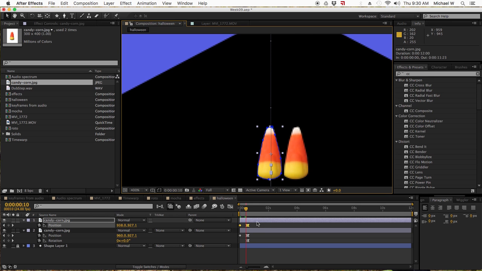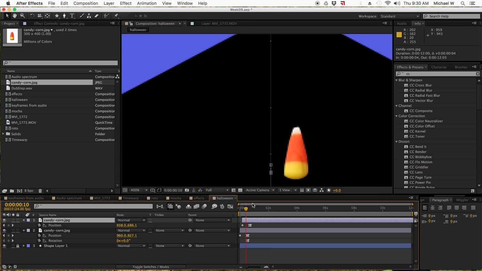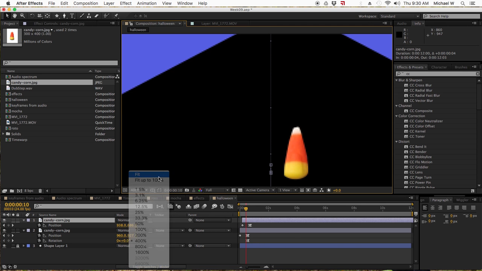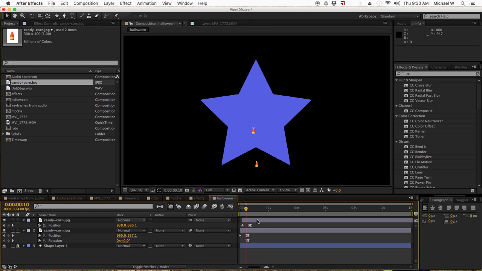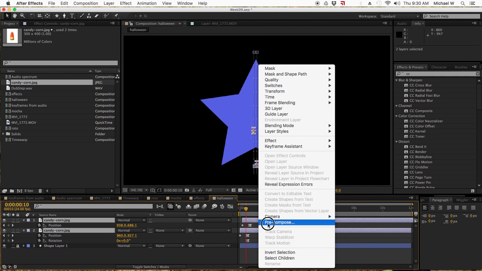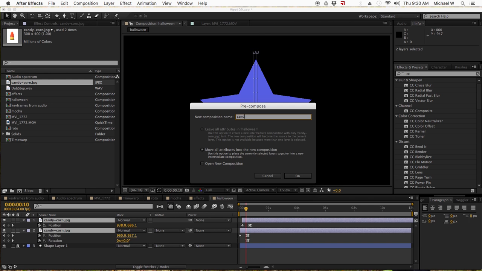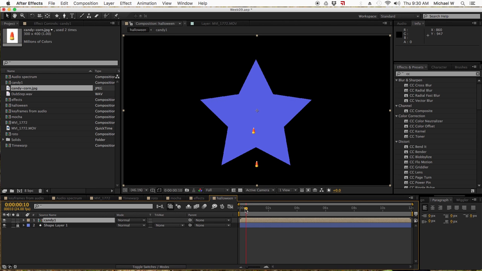Now, I'm going to offset the animation a little bit, so it's falling at a different time, like such. I'm going to pre-compose these two together. Right click, hit pre-compose, call it Candy 1. So I've got that going on. I'm going to duplicate this, offset it a little bit, so that when it falls,